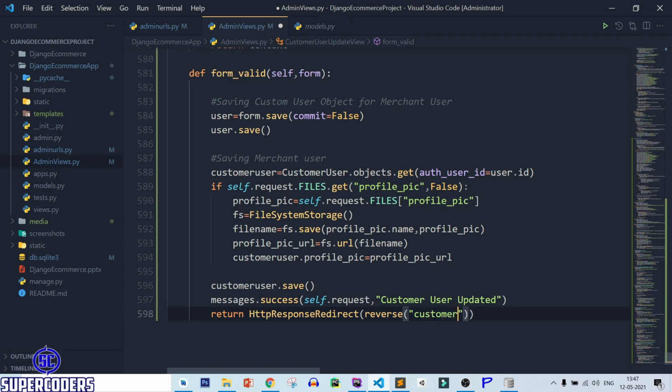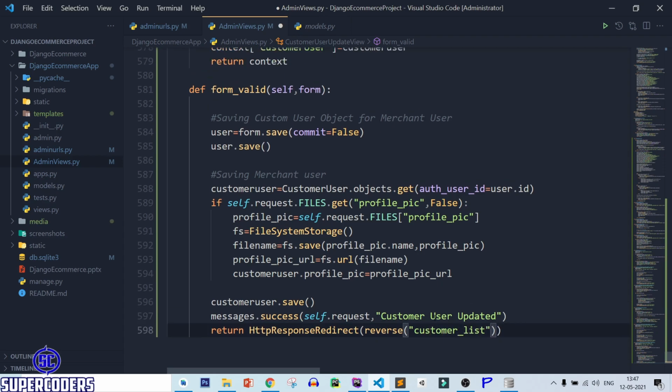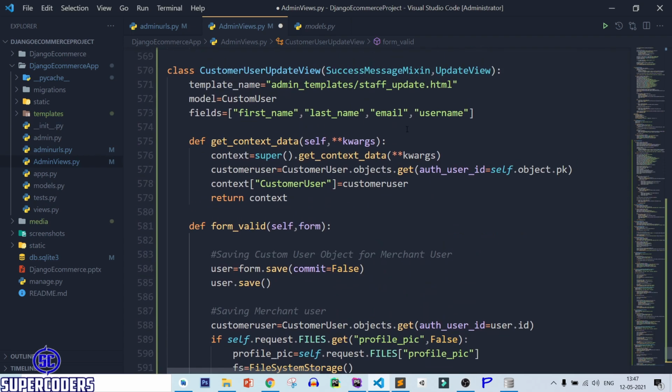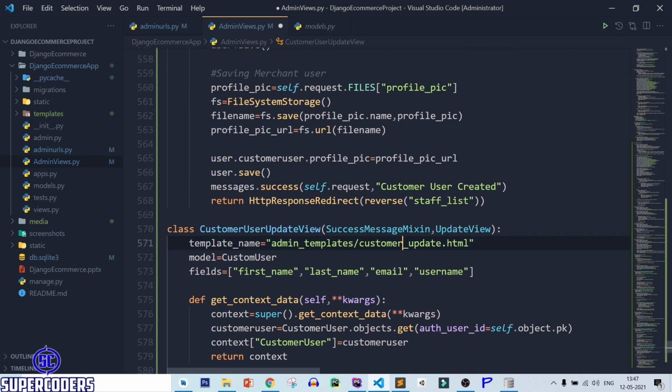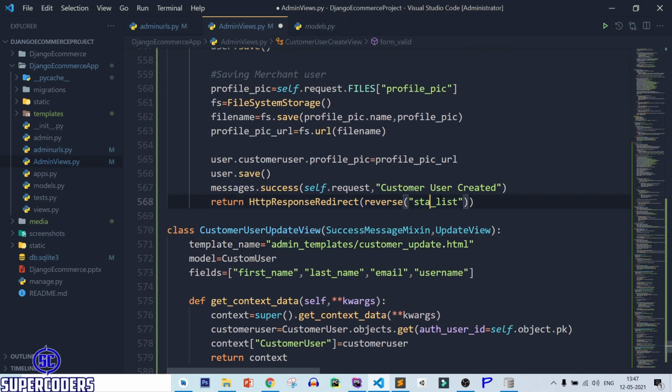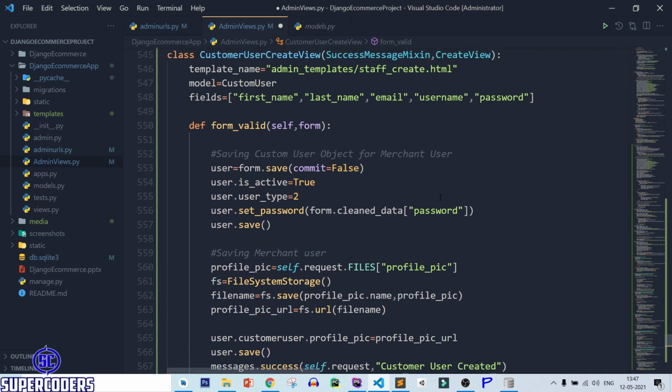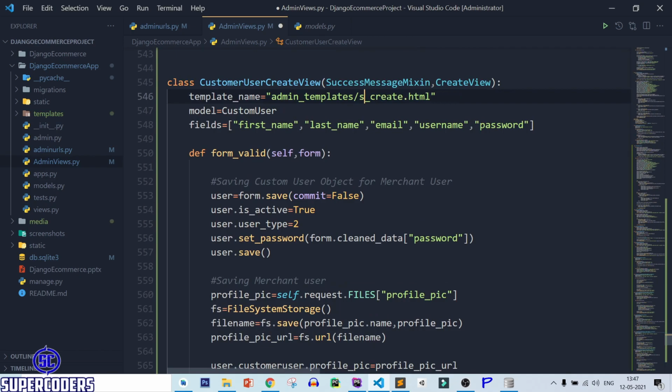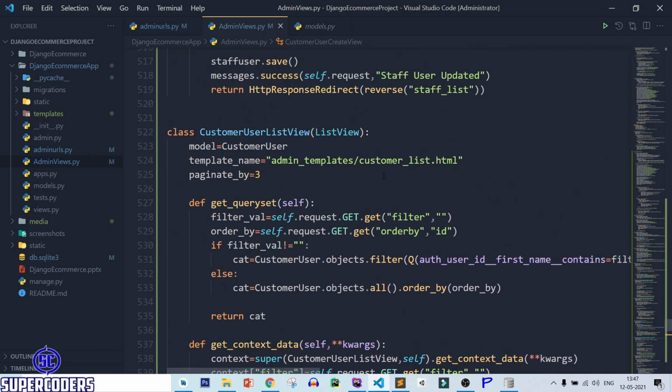Customer underscore list. Customer underscore update. Customer underscore list. Customer underscore create. Save this file.